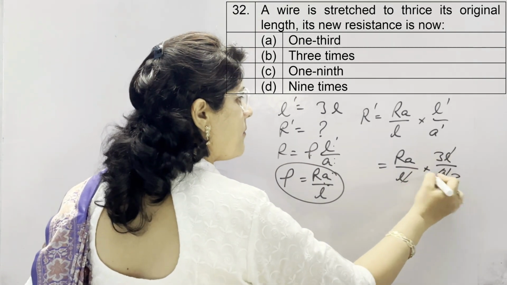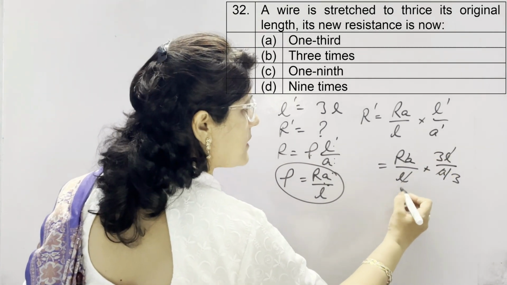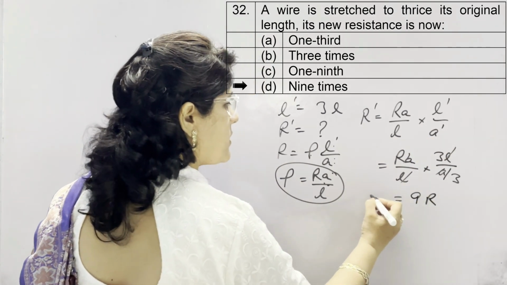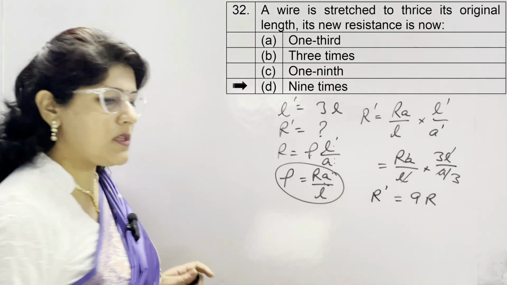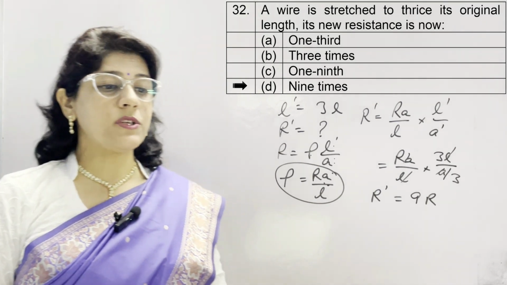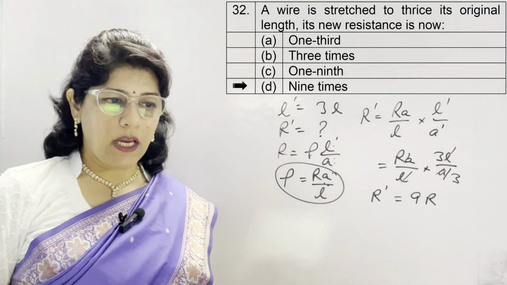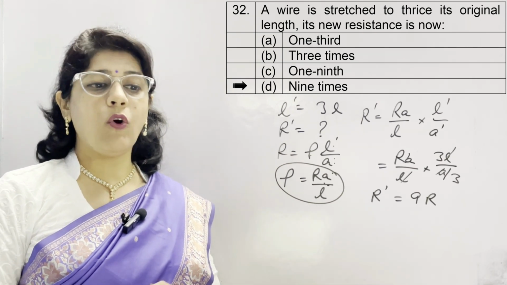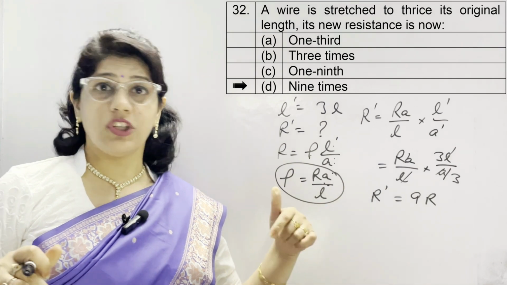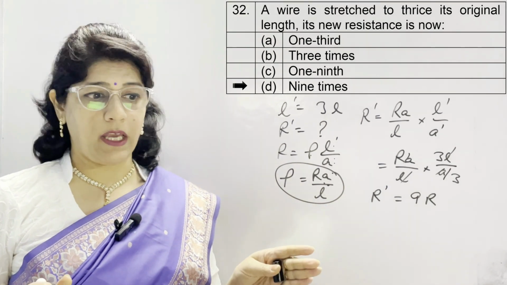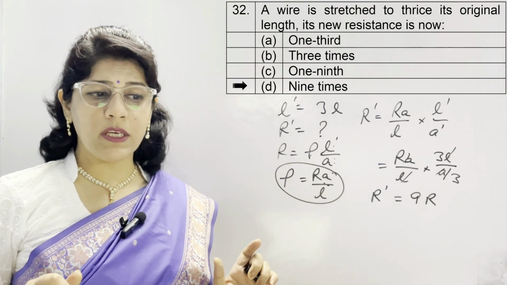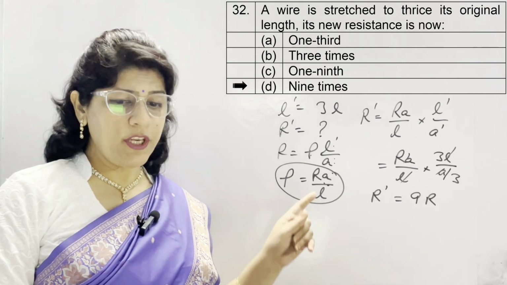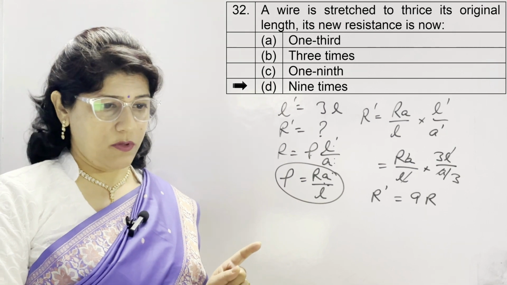Now L same, A same. So answer comes out to be 3 into 3, 9. 9 times of original resistance. So new resistance is 9 times of original resistance. Options given are A 1/3, B is 3 times, C is 1/9 and D is 9 times. आप वैसे भी सोचो कि वायर को मैंने खींच के पतला कर दिया है, जितनी पतली वायर होगी उतनी रेजिस्टेंस बढ़ जाएगी, तो 1/3 1/9 तो हो ही नहीं सकता. It means 9 times is the correct option here. We need to show by its calculation also.